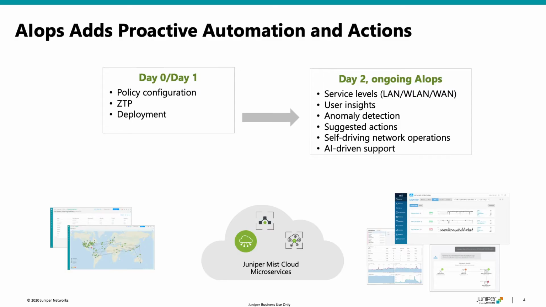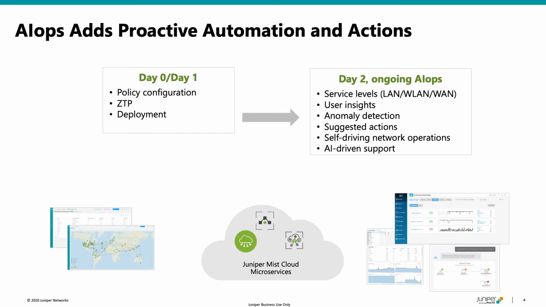But going beyond this, going from day 2 to the rest of the lifecycle in SD-WAN, that's where AIOps gets really interesting. The ability to do things like service levels, so you can monitor in real time with every individual user what's happening across their network and the applications and adapt the WAN as it makes sense, right? You can do things like anomaly detection to determine if things are trending in a bad direction and fix them before the users even know they exist.